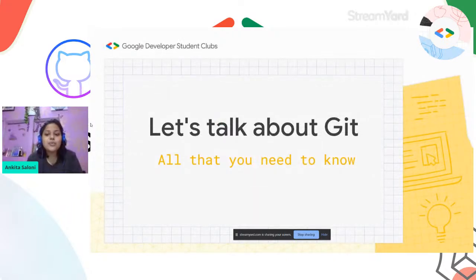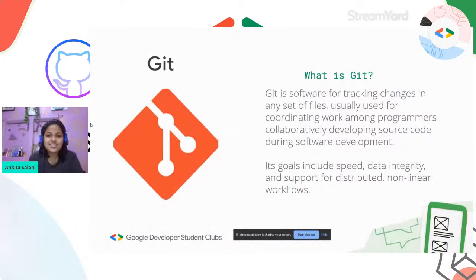So let's talk about Git. Git is a software for tracking changes in any set of files, usually used for coordinating work among programmers collaboratively developing source code during software development. Its goals include speed, data integrity, and support for distributed nonlinear workflows. So, basically, let us take an example of a paragraph, let's assume that we are talking about Microsoft Word.